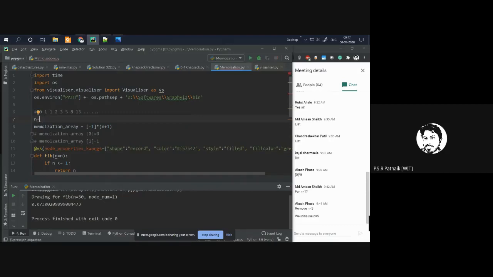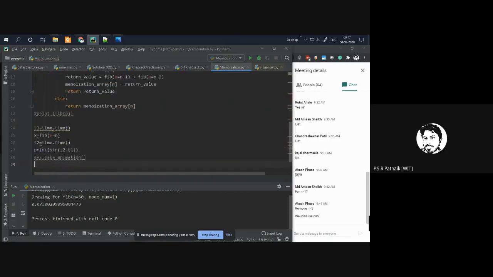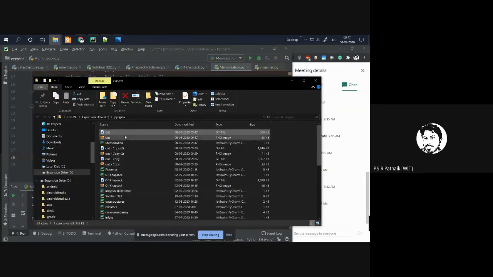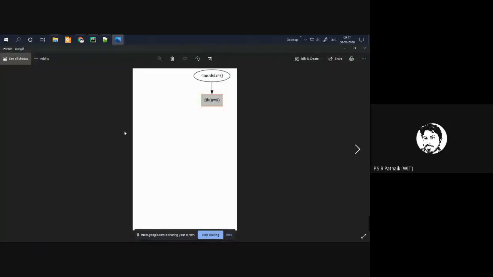Okay. Now let us do it for n is equal to 6. Let us generate the recursion tree and compare the earlier recursion tree with the recursion tree after memoization. Let me execute for n is equal to 6 and let it generate. Okay, it has generated this. This is for n is equal to 6 with the memoization.